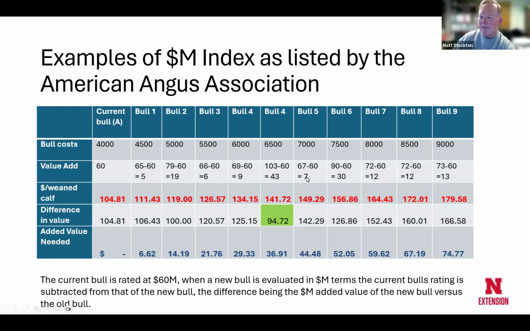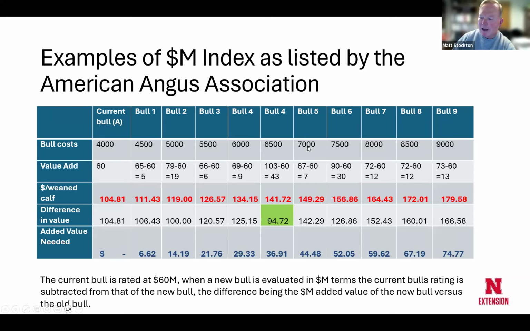I only got $7 according to the EPD. I only get $7 more value than I've already got. So by only getting $7 more, I would take the 149, subtract the 7, and I'd come up with the 142. Okay. So that means what I really needed was $44.48 increased value in order to pay for